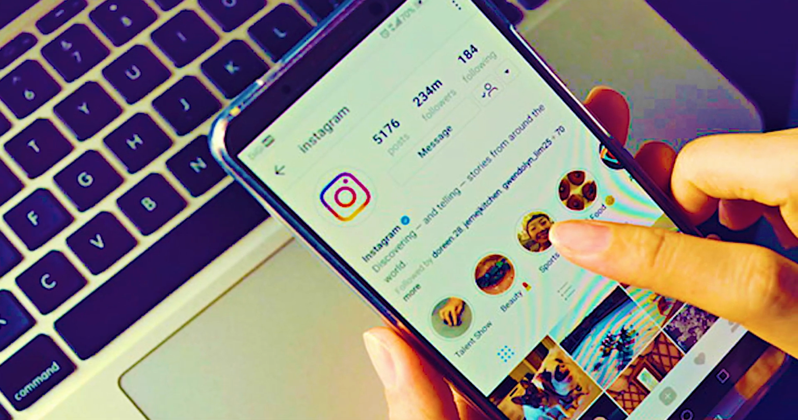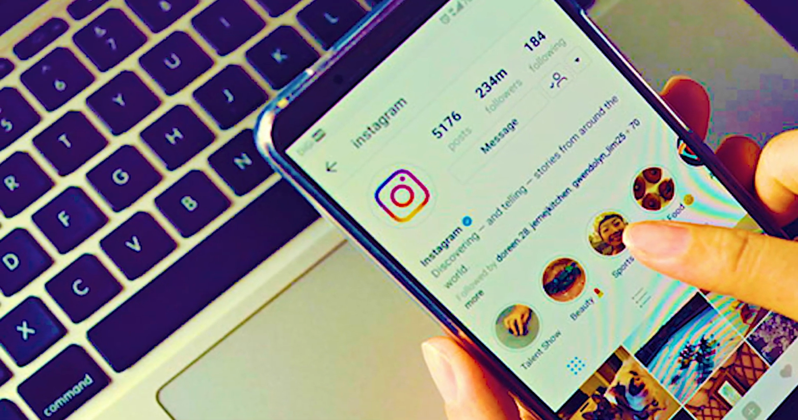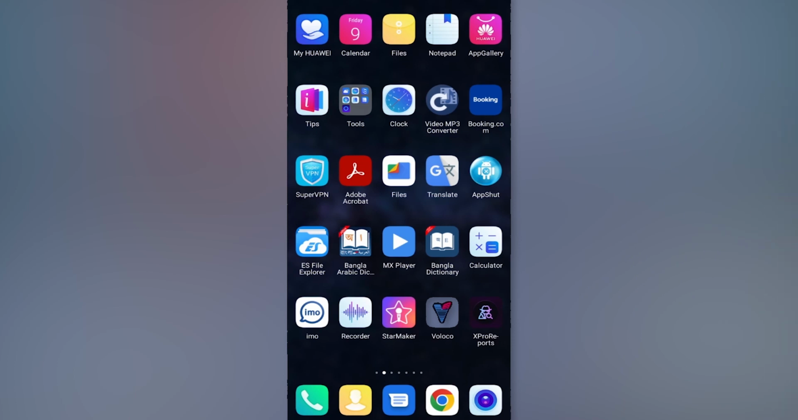How to know who is watching and regularly visiting your Instagram profile. Just check this process with simple steps. Here is my profile, and this is my new profile I have created, but I don't know who is watching